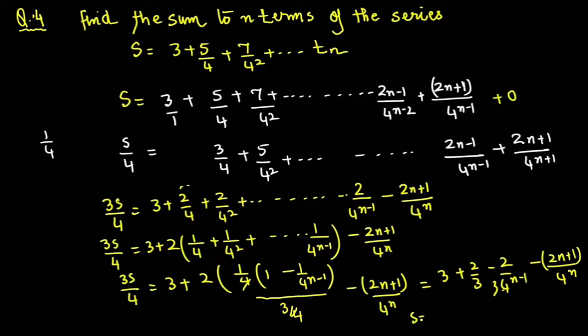Now I can write it here, this becomes 11 by 3 and 44, because s is 3 by 4, 4 by 3, I have divided it, and I say 11 by 3, the 3 by 4 I am dividing, the 44 by 9 minus 2 upon 3 square, and this 4 goes up, so it becomes 8 into 4 to the power n minus 1. Again this becomes 4 by 3, you simplify it, 2n plus 1 upon 4 to the power n. I have to just see the